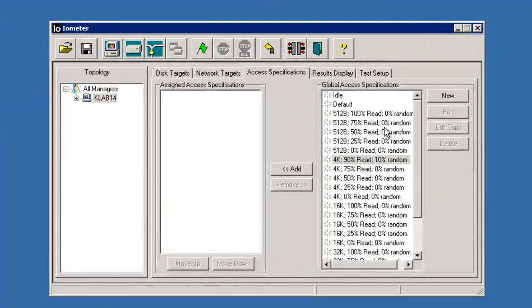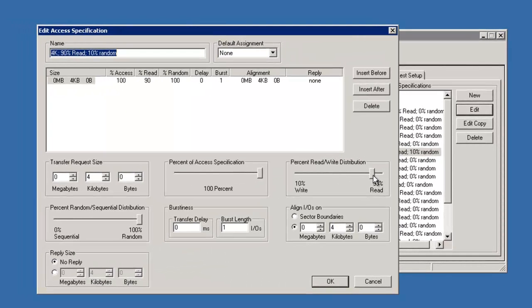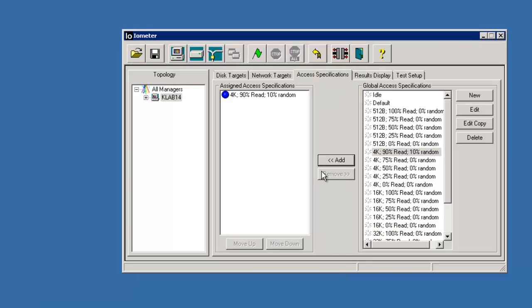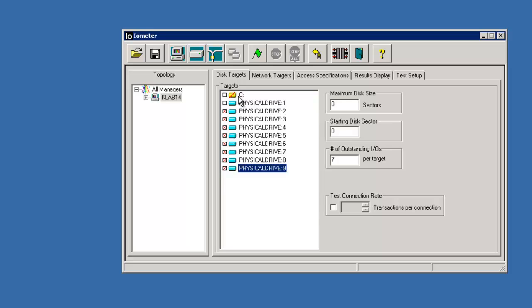We are opening the I/O meter, our tool to generate I/O on the volumes. Let's check our I/O characteristics for this test. This is a 90% read and 10% write, fully randomized I/O pattern. Let's add this I/O pattern to our test. We will refresh the disks list and select 8 of the Kaminario disks mapped to this host and run the